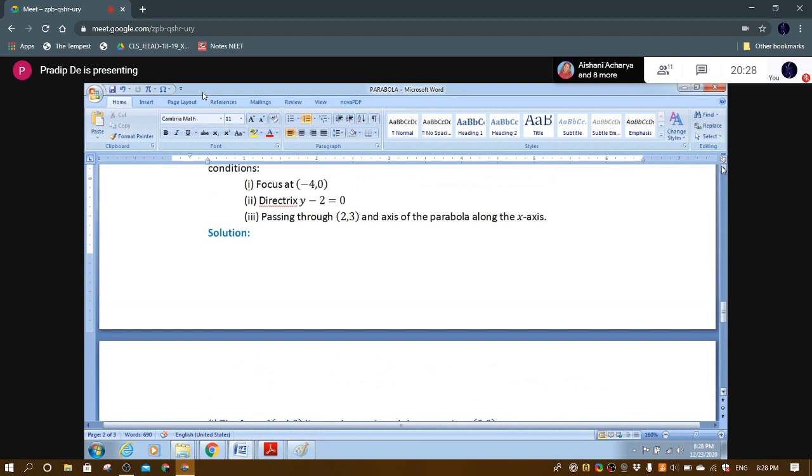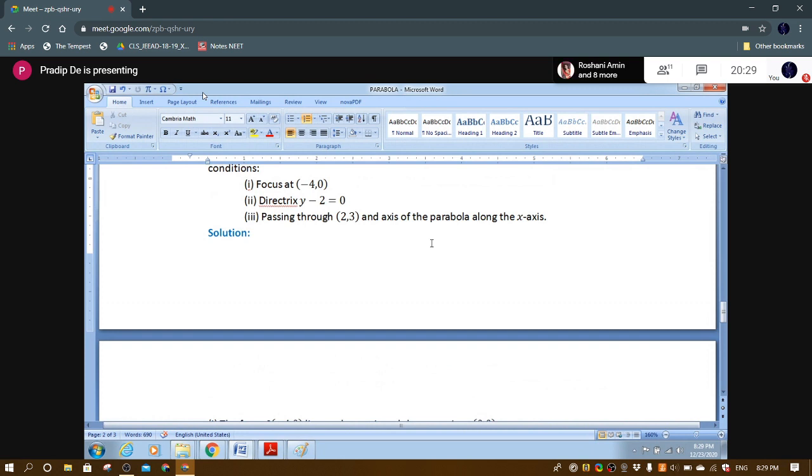2 units above the origin. A line parallel to the x-axis, 2 units above the origin. So the distance between the directrix and the vertex is 2 units, and therefore a is 2. And so the focus is on the y-axis 2 units below the origin. So the focus is at (0, -2). The equation is, because a is equal to 2,